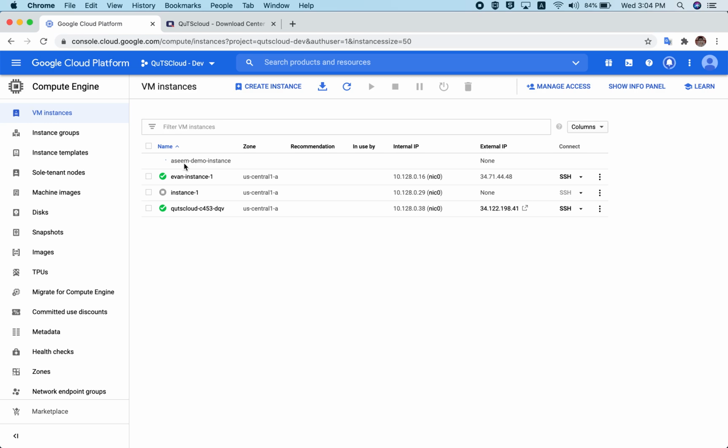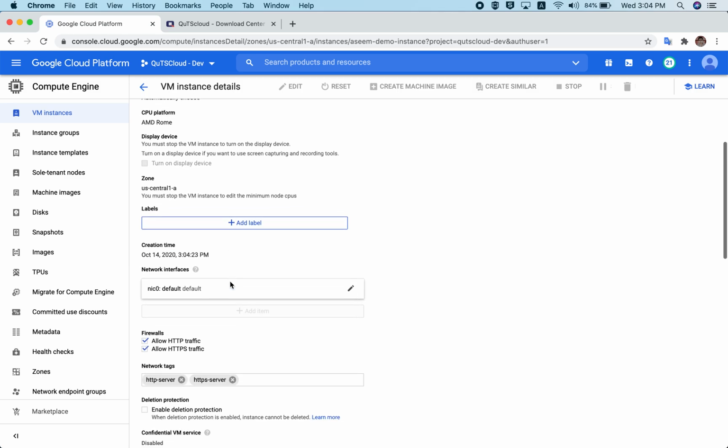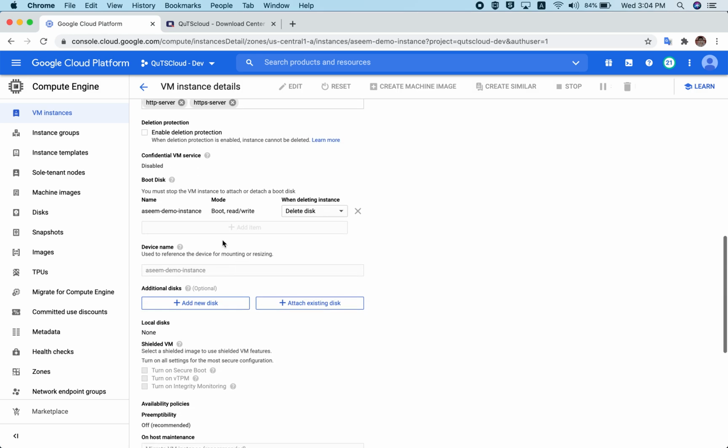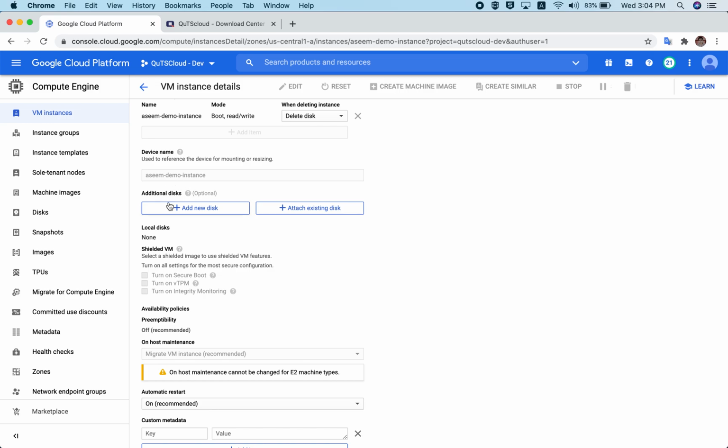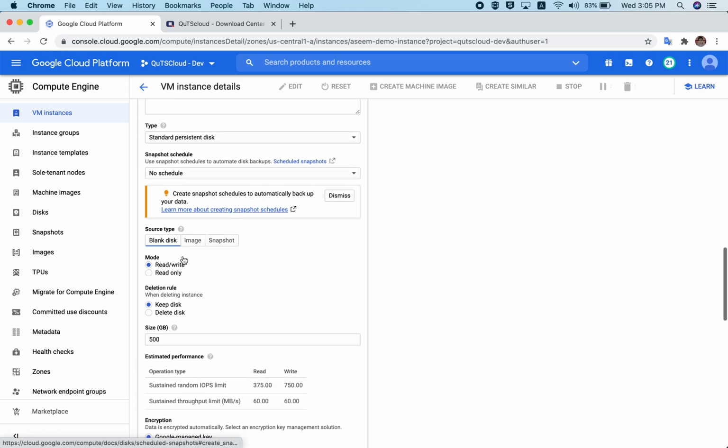As you can see, your Asim demo instance is getting created. But so far, I think you must have noticed we did not add any storage disk to this instance. So what we can do is, first we can add a storage disk to this instance before we launch it. So just click on this instance, go to edit, and in here add additional disk. So add a new disk, you can call it any name, disk 2, and